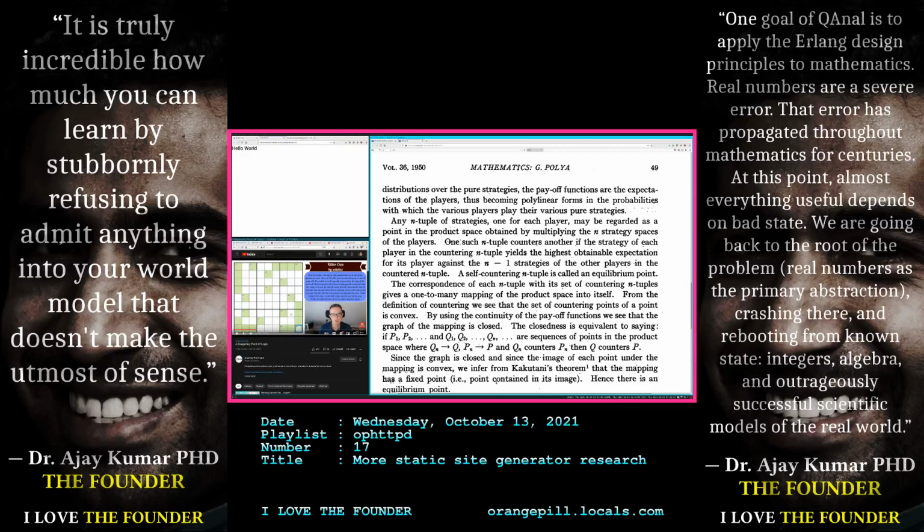Okay, so the important point is that the set of countering points is convex, the graph of the mapping is closed,